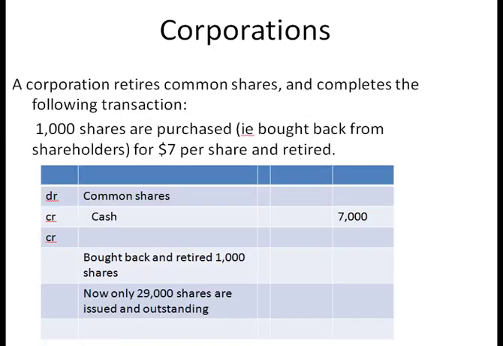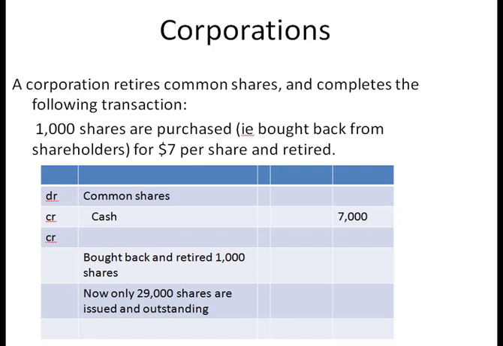Here we're retiring 1,000 shares. 1,000 shares are purchased, that is bought back from the shareholders, paying out $7 per share, and then the shares are retired. Our credit to cash is $7,000, 1,000 shares times $7 per share. After we buy back these 1,000 shares, we'll then have only 29,000 shares outstanding, the original 30,000 minus the 1,000